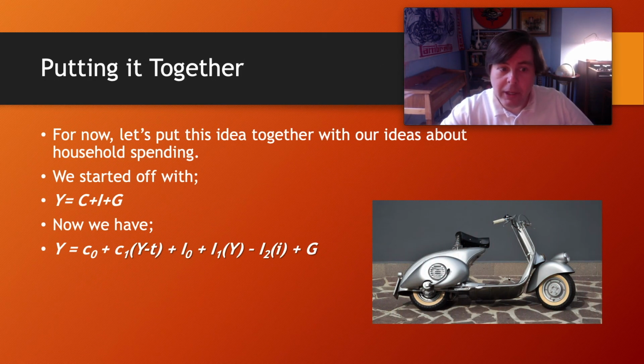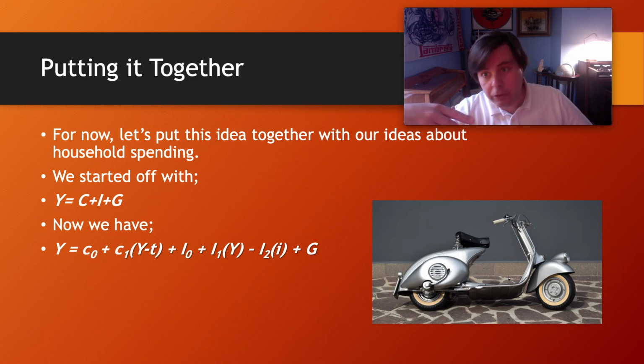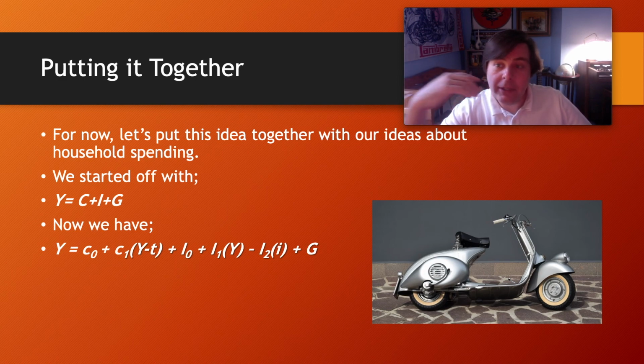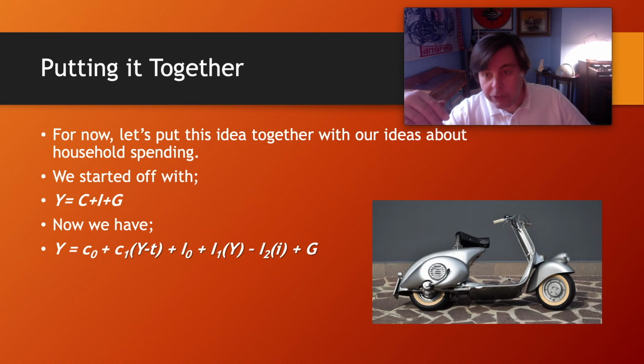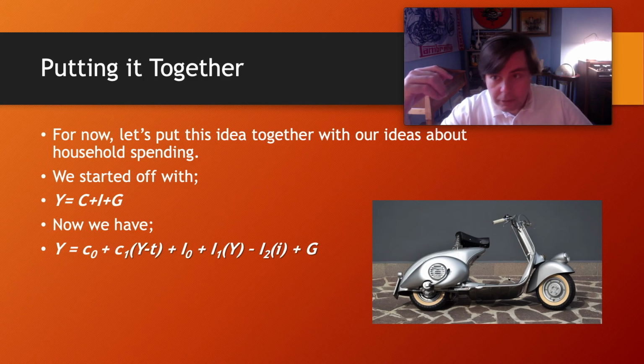Let's take this idea of business investment and plug it into our idea from before with households, and we get something like this. We get this explanation of the economy here. It's starting to look really scary now, right? But you're seeing it's not. It's all just simple ideas. Okay, so we're saying that incomes, y, are explained by some exogenous household spending, C0, plus household spending a share of disposable income, after-tax income.